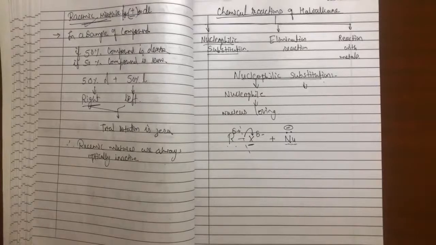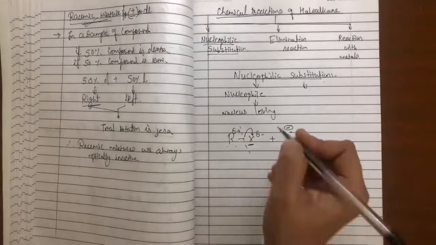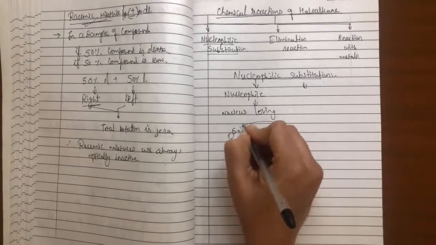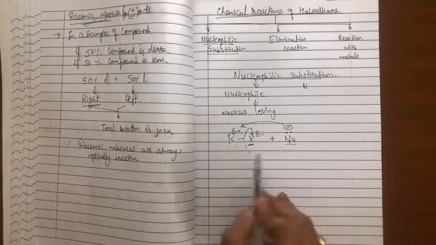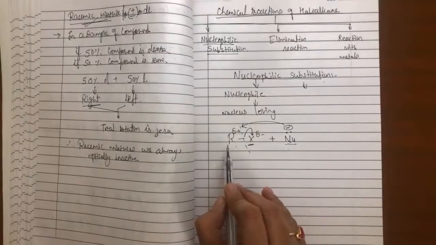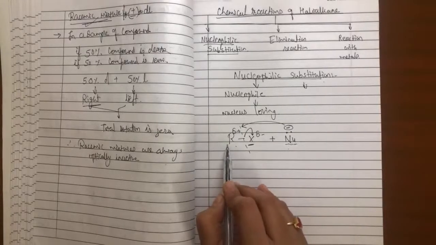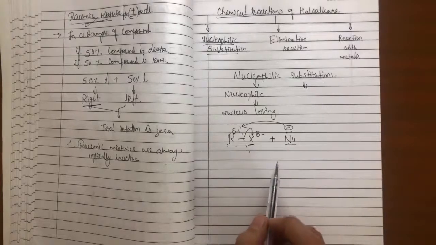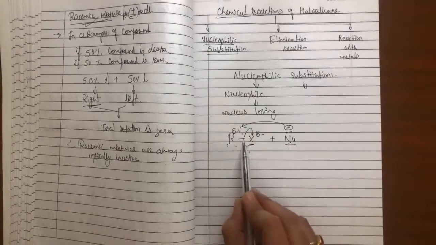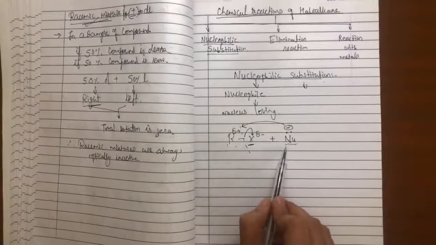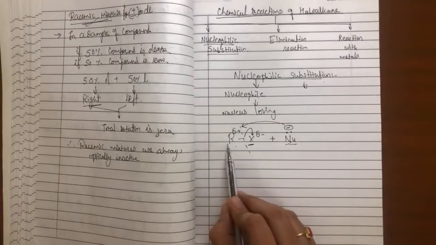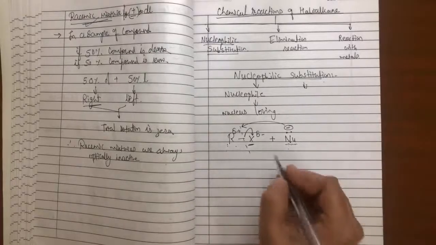As per that rule, the nucleophile always attacks the positively charged alkyl group, so the arrow comes from the nucleophile to the positively charged alkyl chain. If you see carefully, during this reaction the halogen detaches from the alkyl chain and the nucleophile attaches to the alkyl chain. And so finally the product formed is